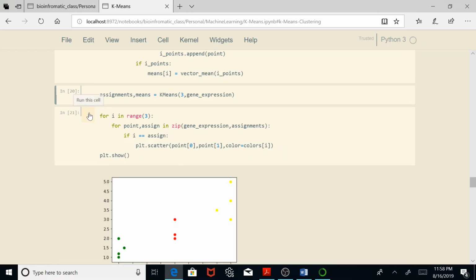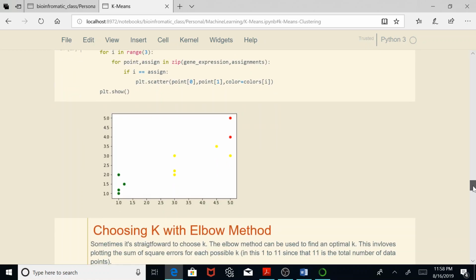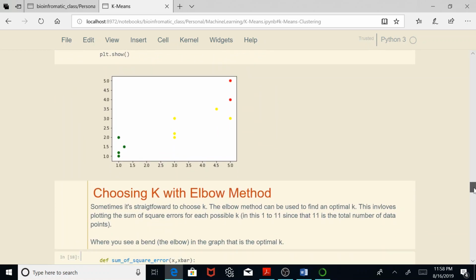So if we run this, and keep running this, we might get some weird clustering like this green one here, and these yellows, and this red. It's not clustering the same every single time. We're not getting the same results every time. That's just due to the fact that we are randomly choosing those centroids. But there is another algorithm that we can implement here